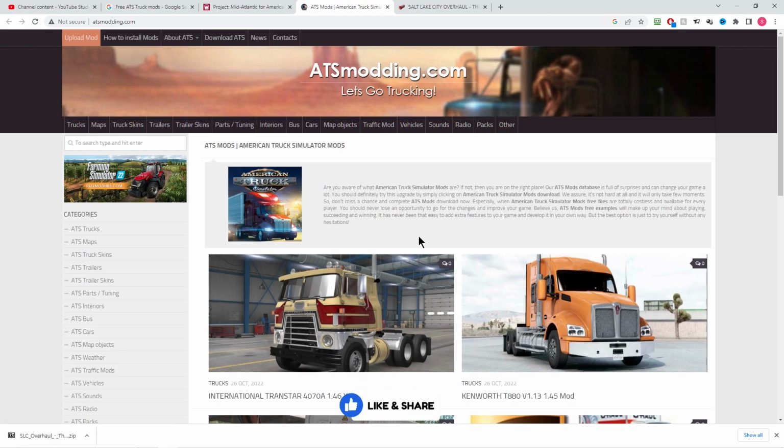What I normally do, if I don't know the website, I will check reviews on the website and see what people have said about it. And if there's any chance that there's a problem with downloading from the website, I won't do it no matter how good the mod is, because I don't want to risk infecting my computer with anything. And even if I do trust the site, I will download the mod, and then I'll run it through my malware software and my virus software to make sure that it's okay